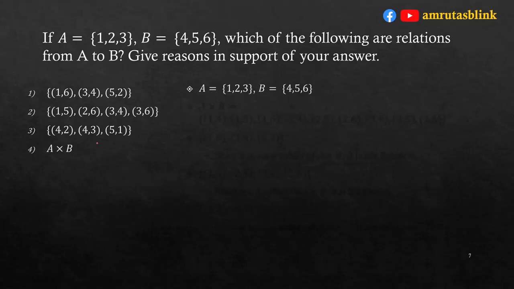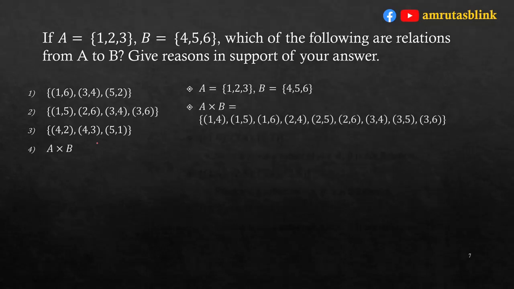Now, as A is equal to {1, 2, 3} and B is equal to {4, 5, 6}, first thing we'll do is find out the Cartesian product of A and B. Now, A × B will be (1, 4), (1, 5), (1, 6), (2, 4), (2, 5), (2, 6) and (3, 4), (3, 5), (3, 6). Now, we'll check one by one. If the given elements are a subset of this Cartesian product,